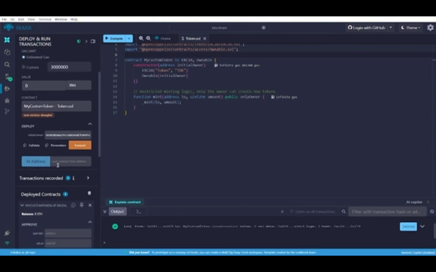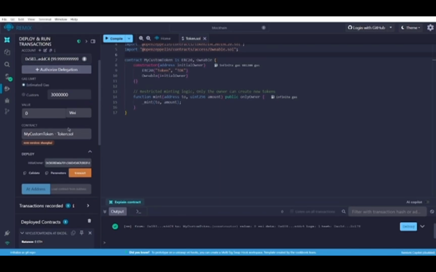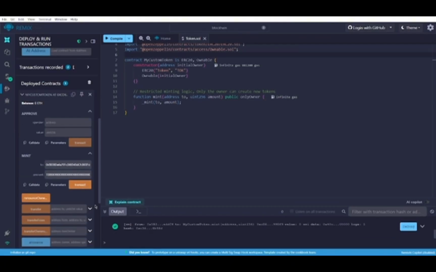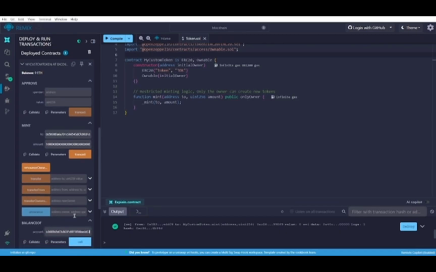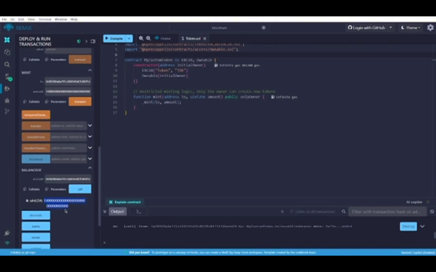First, mint. We will send tokens to us. We need to write a big number. Okay, transact. Okay, it's transact, and we will check the balance of this address, our address. It's saying that we have that many tokens,